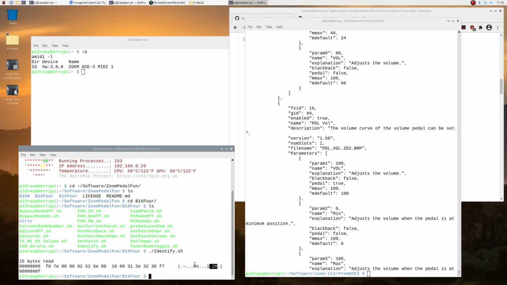So basically, this allows us to interrogate the pedal and say, hello, what are you? Okay, you're a Zoom GCE3, I guess, yeah. I need to check because I'm pretty convinced the Zoom is just 6E000, but I will check, yeah.